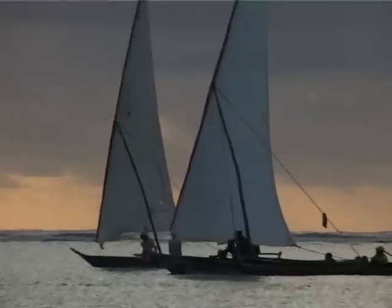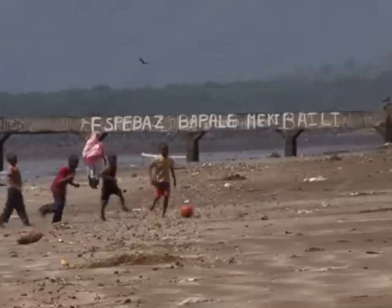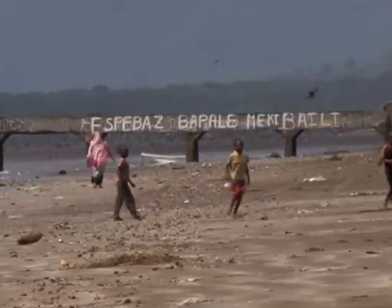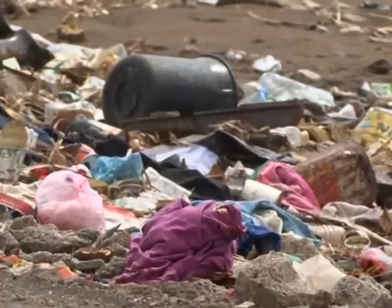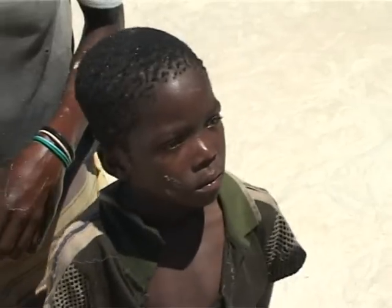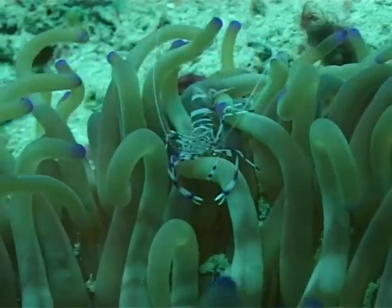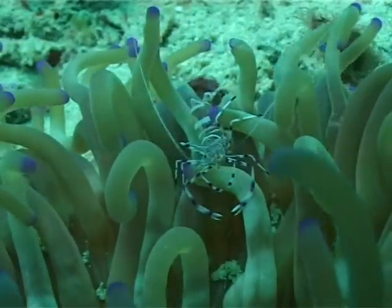What we see in the Western Indian Ocean is an increasing depletion of the fish stocks, destruction of the habitats, as well as pollution, which is coming in from different types of pressures. Now, these pressures do bring in a hardship to the communities as well as the countries. Some members in these communities can't even feed their families. Once the natural balance of the healthy ecosystem is disrupted,